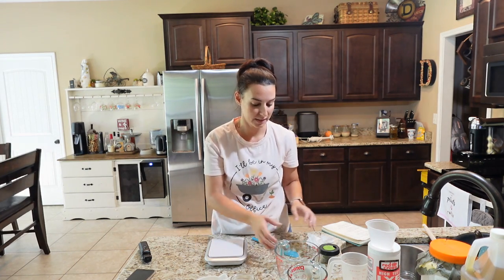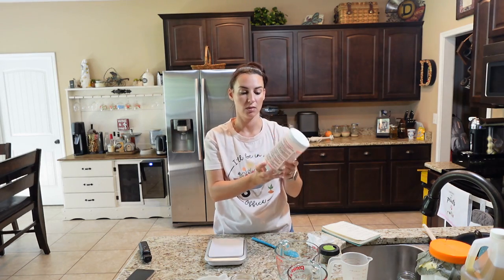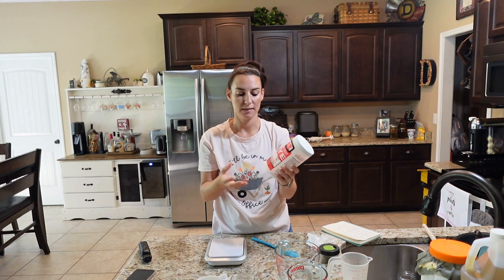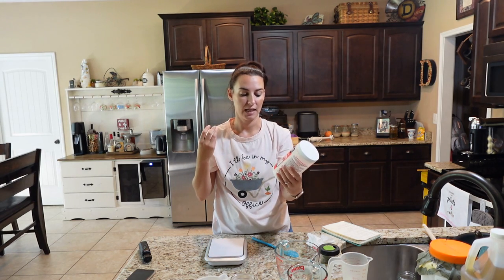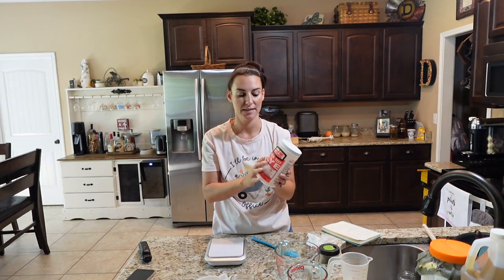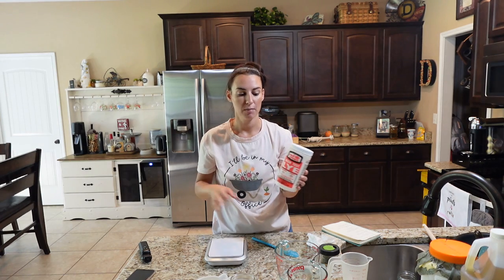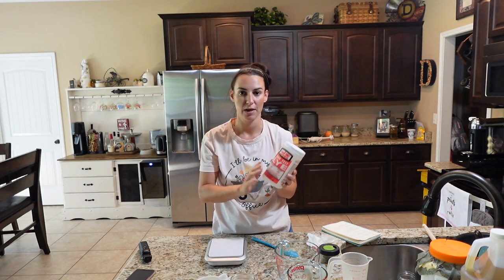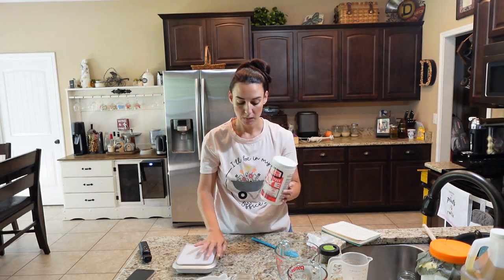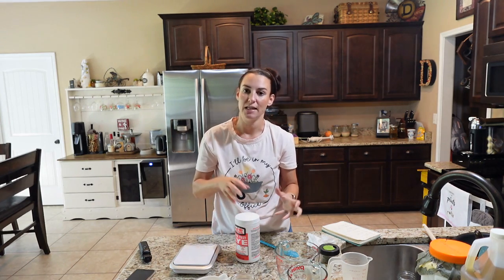My lye is what makes soap soap. Now, lye is highly caustic, which means that it is corrosive. If you get it on your skin or in your eyes, it's very dangerous. So if you're new to soap making, please wear gloves, protective eyewear, long sleeves, whatever you need to do to make yourself feel comfortable. But be careful when you're using lye and mixing it into water, because it